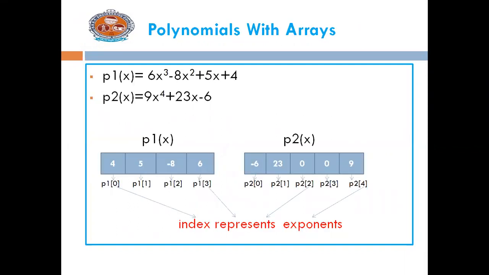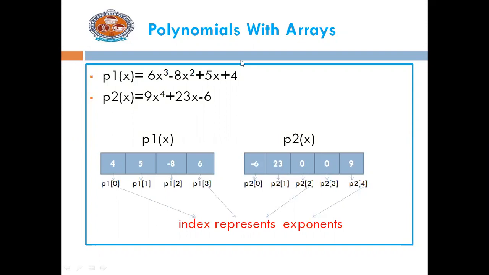Coming to array implementation, the exponents of the expression are arranged from 0 to the highest degree, which is represented by the subscript of the array beginning with 0. The coefficients of the respective exponents are placed at the appropriate index in the array. That means the array's starting location stores the coefficient of the x power 0 term and the next location stores the coefficient of the x power 1 term.